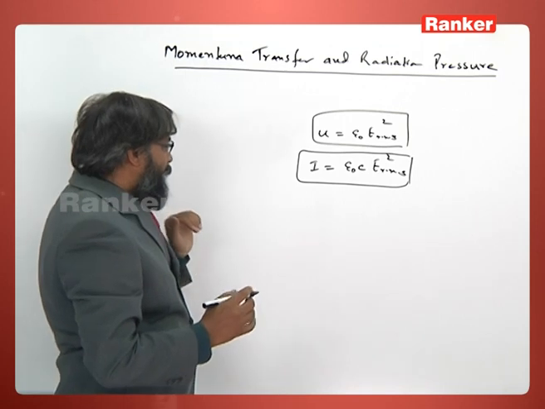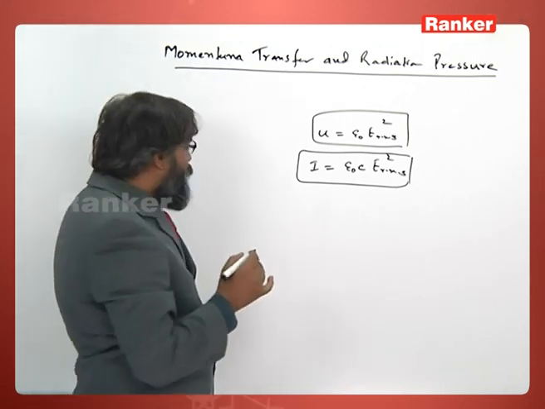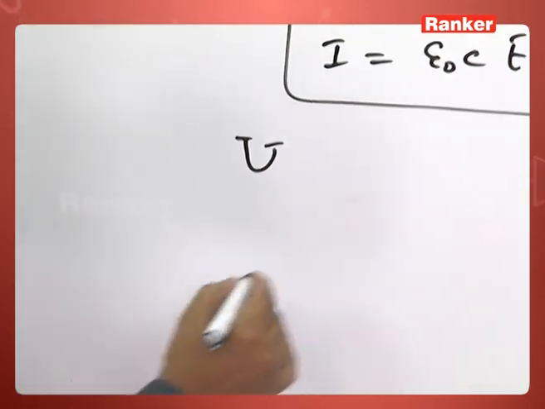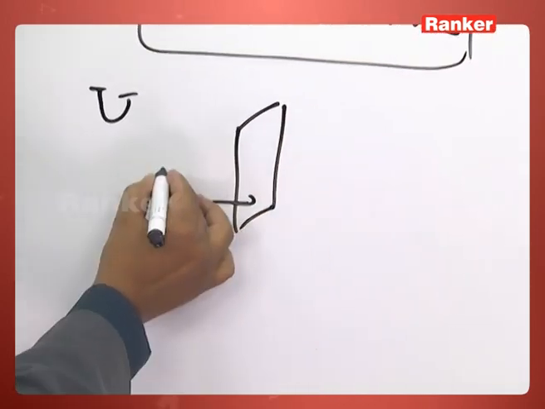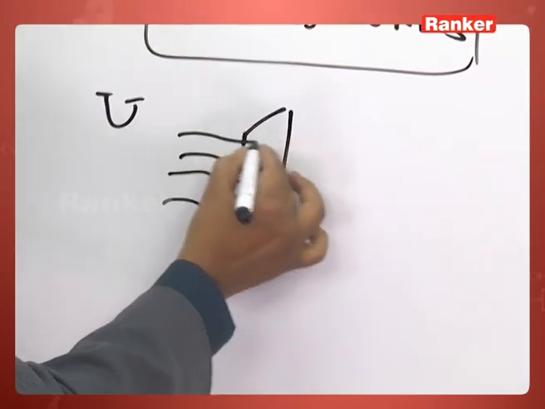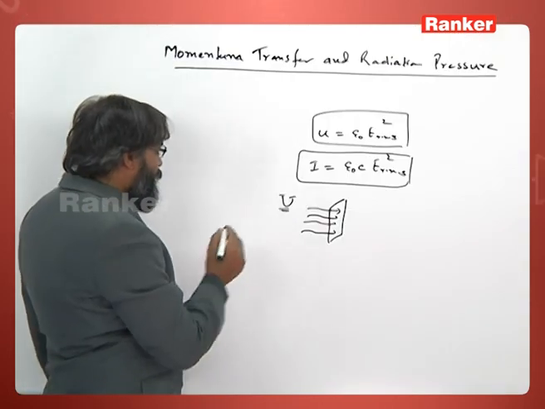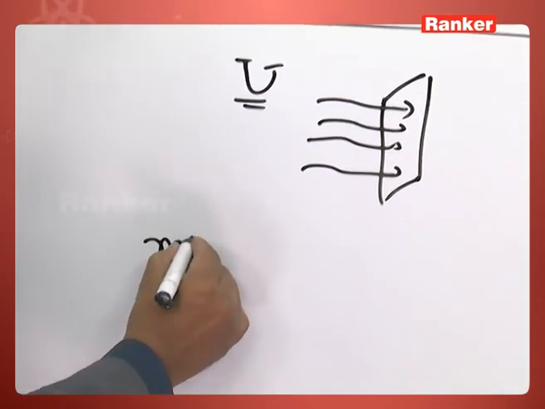Now, it can be shown mathematically that if radiation falls on a surface area and the total amount of energy falling is u, then the momentum transferred to it